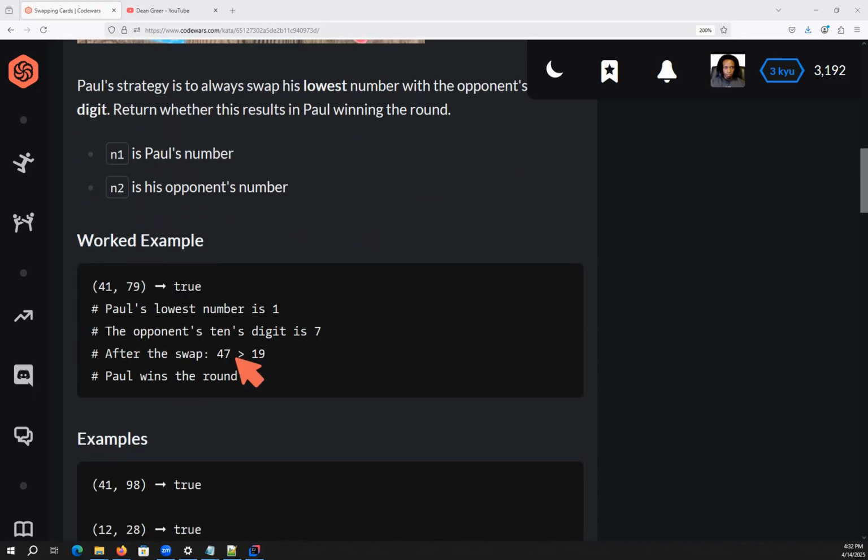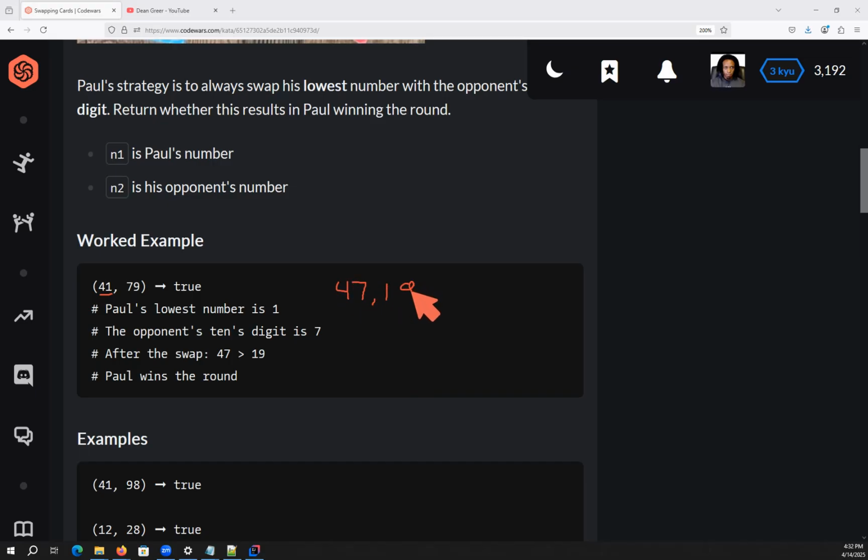Let's look at an example. 4179. 41 is Paul. So that's the one we're playing. So Paul's strategy is to swap his lowest number with the opponent's tens digit. So you see this, Paul's lowest number is a 1. The opponent's tens digit is a 7. That's going to result in this one right here,